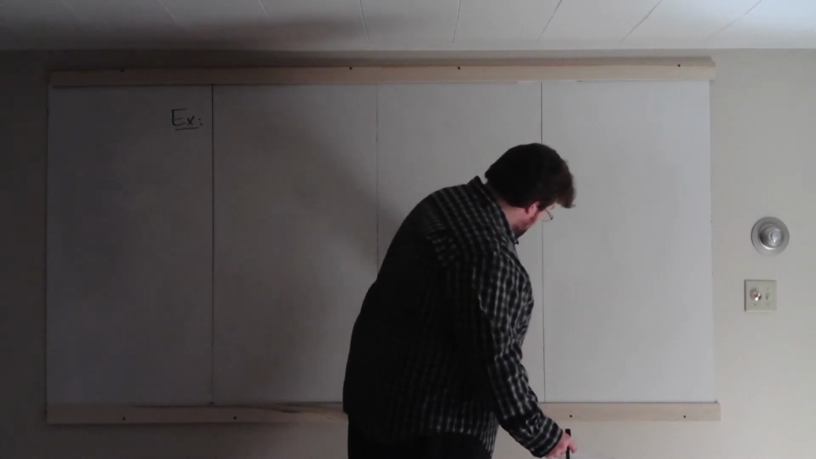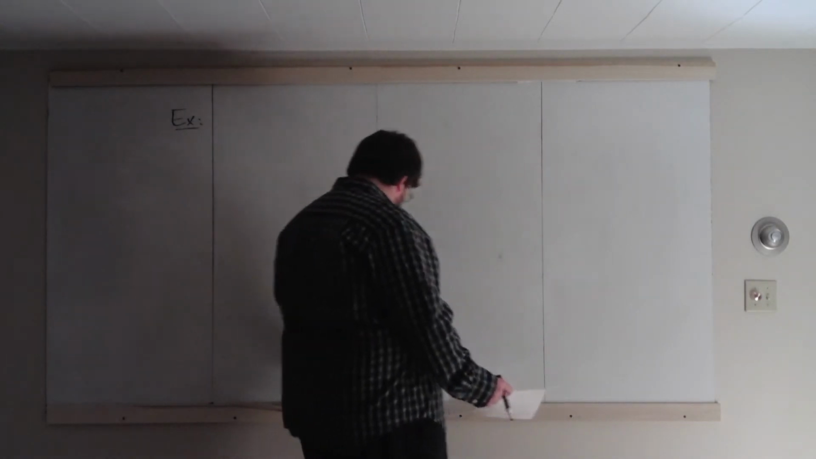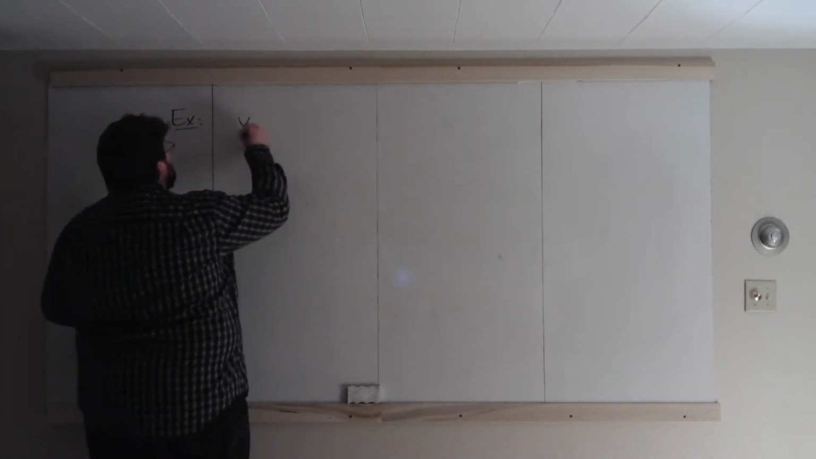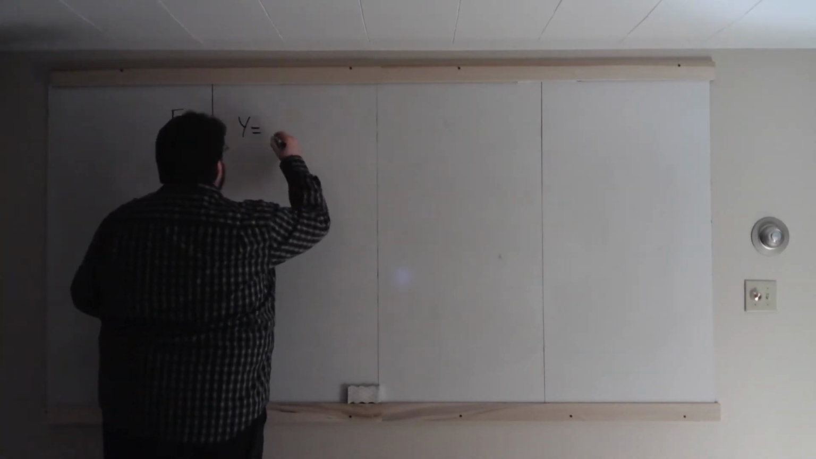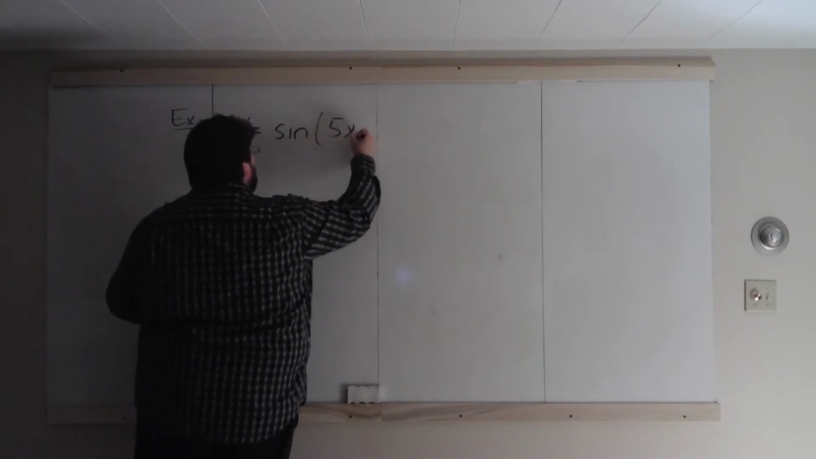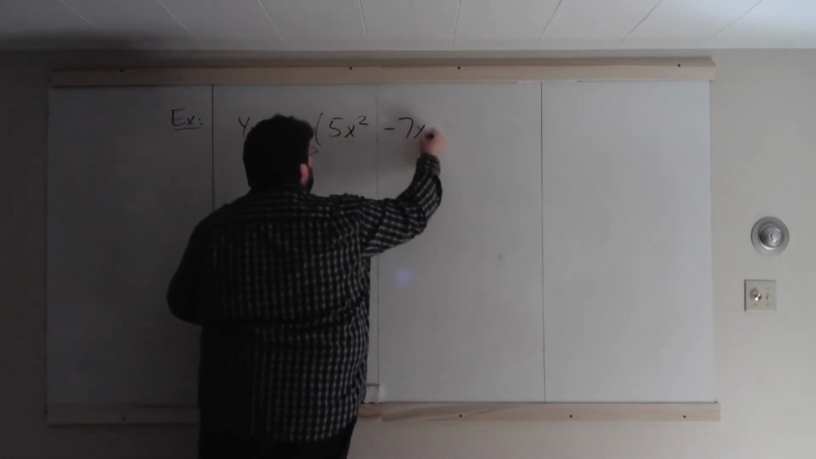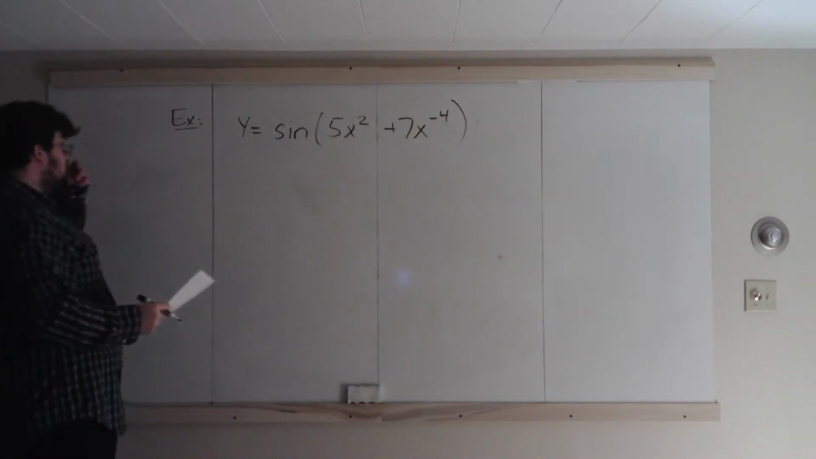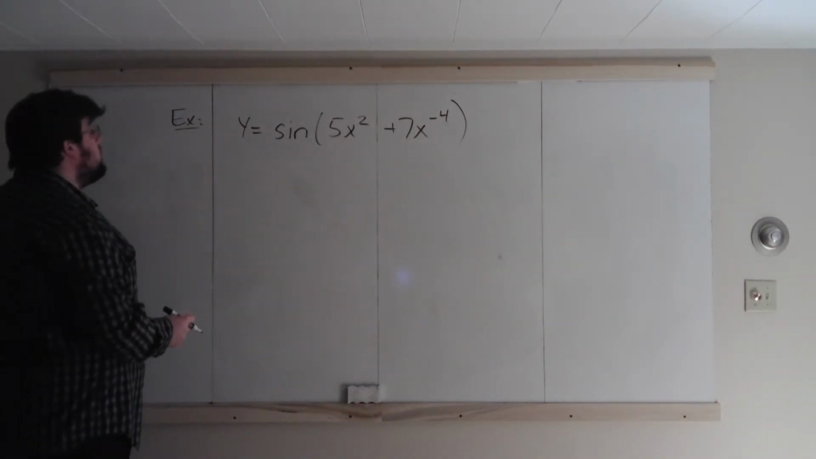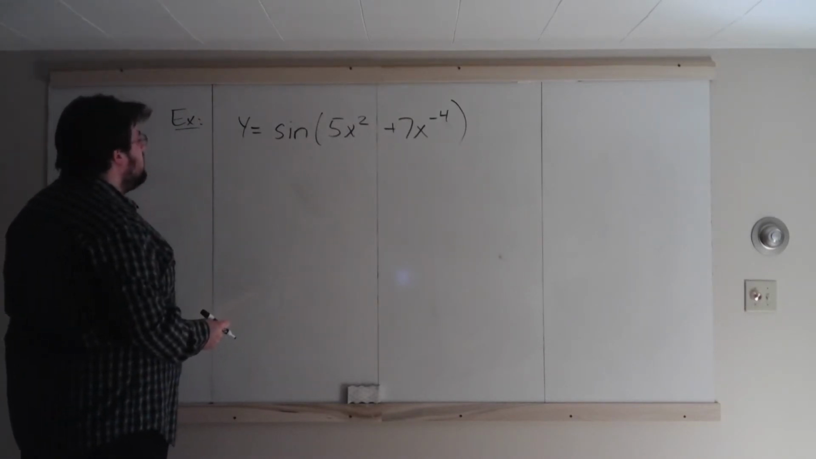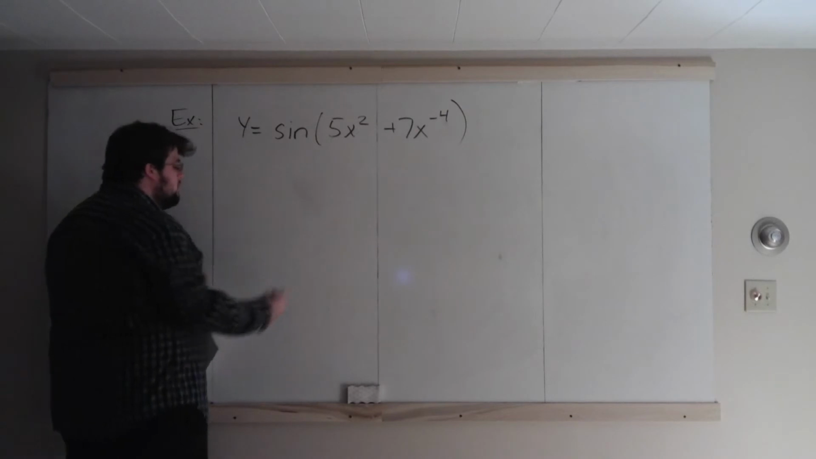Let's do another. Find dy dx here. y equals sine of (5x squared plus 7x) to the negative 4. Now how can we do this derivative? Well, let's remember